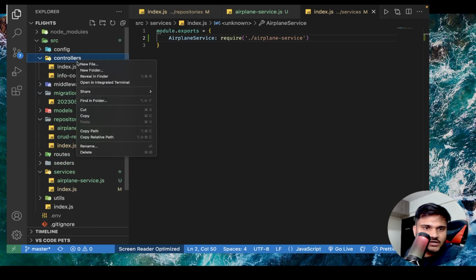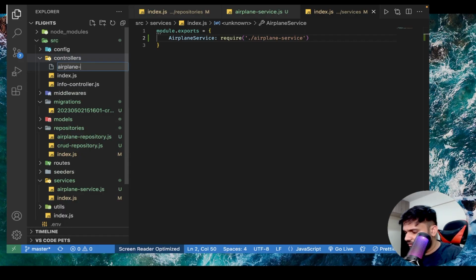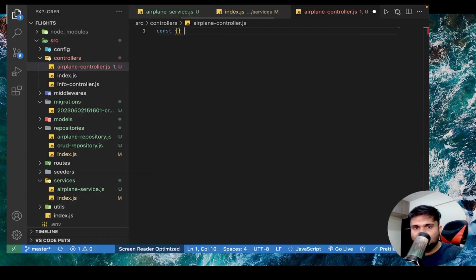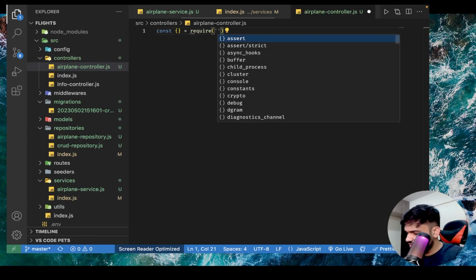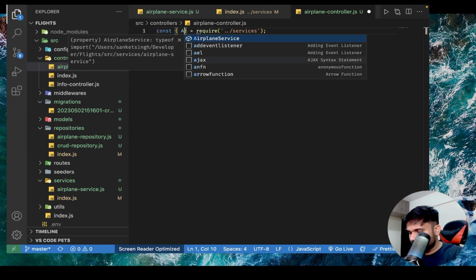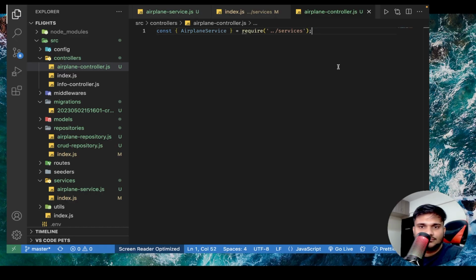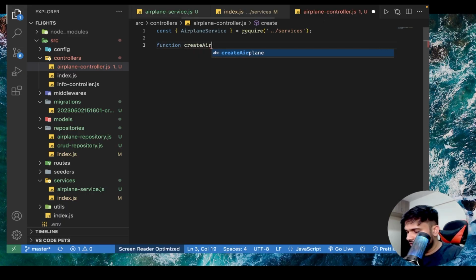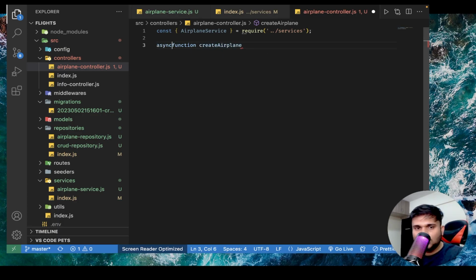And now time for controller. Let's make a new file, airplane controller.js. Now here I need to have our service because we will always interact with the service. Airplane service. Now we'll write a function, create airplane. This will be an asynchronous function. It will have access to the request object and the response object. And from here I'll do module.exports